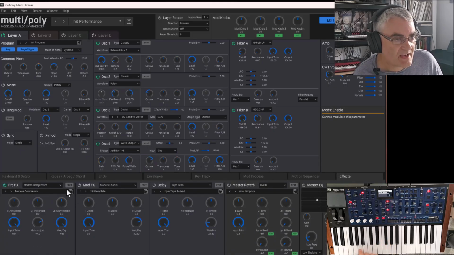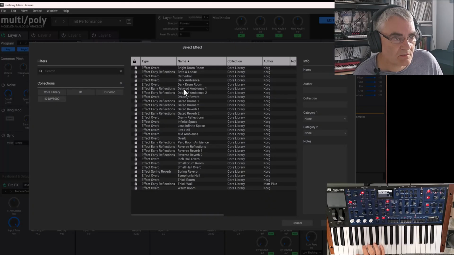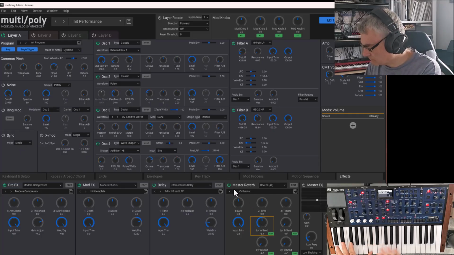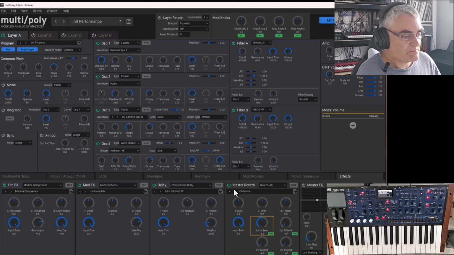I'm going to put some effects on this, so I can hear what I'm trying to aim for. So I'm going to go for something quite big, and so I'm going to put a bit of reverb on there as well. So we've got a bit of movement on there now,